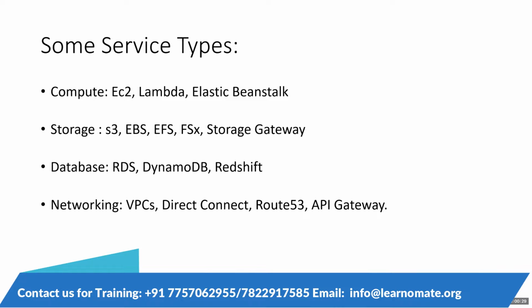Okay, so now you have instances, storage, and a database. Now how will all these three communicate? That is networking, right? You define how these things communicate, where these servers are kept, and how the routing happens between them. That is defined by networking. One is VPC, Virtual Private Cloud, and then we have Direct Connect. Direct Connect is for on-prem to cloud. When I say on-prem, I mean the company has its own setup in a physical or virtual environment and wants to connect with AWS, then they can use Direct Connect.